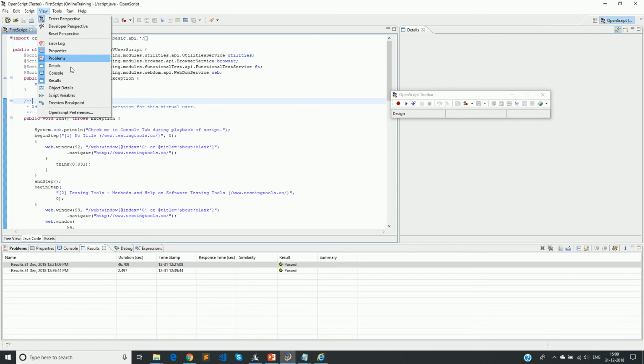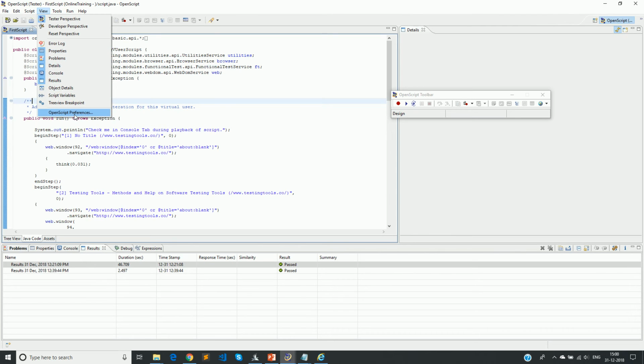And then there are other views here: error log, properties, problems, details, console, results. We've already gone through the console and results and even details, that is this tab. Console and result is available here. So the other ones are problems, properties, debug expressions and all those things.